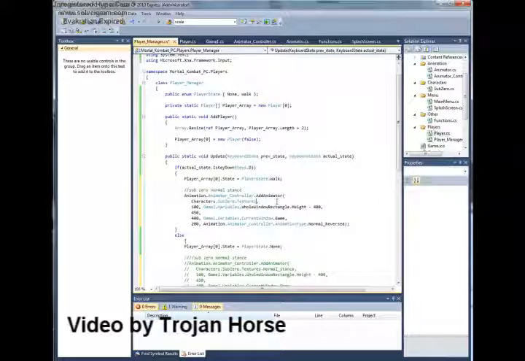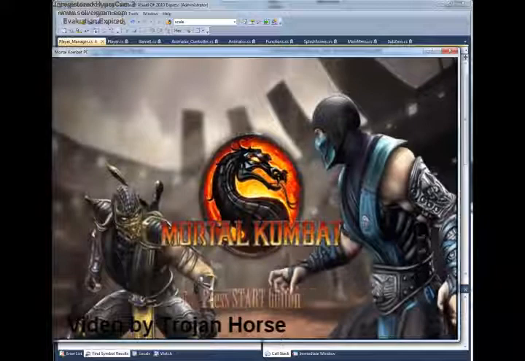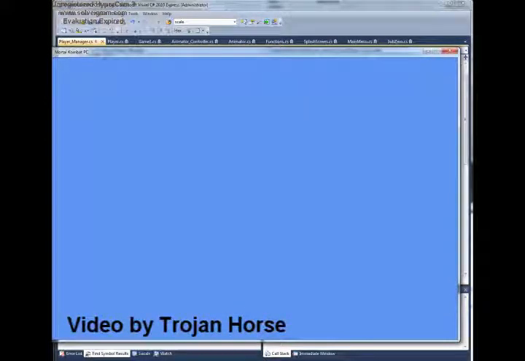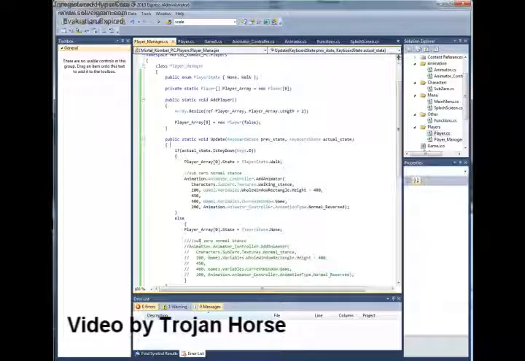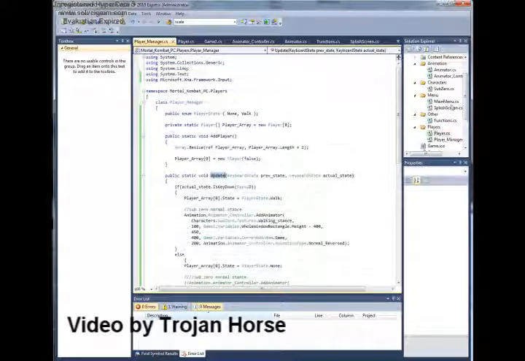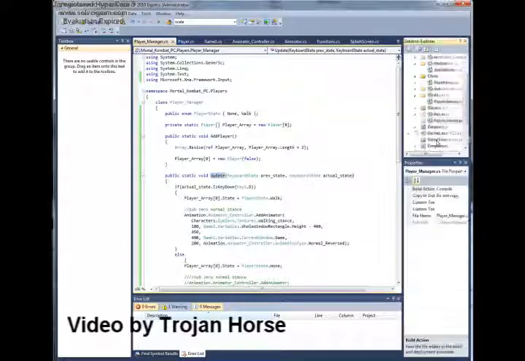So subzero.textures.walking stance, and it will be pretty much same. So now when I press the D, oh yeah, I don't call it. Nice. I need to call this. God damn it. So go to game 1,